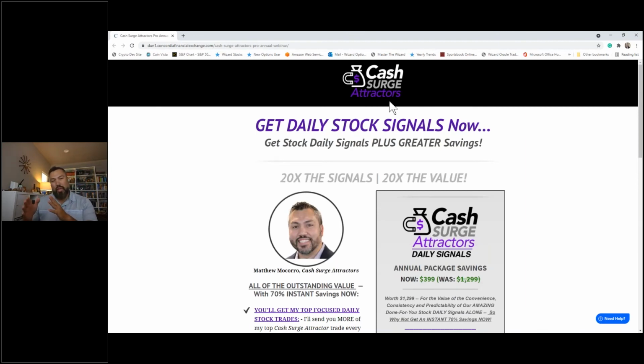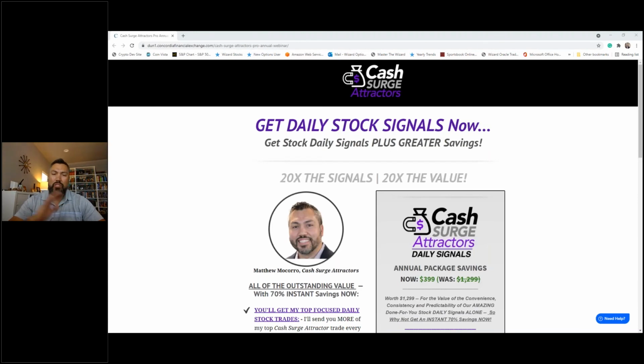We also include a copy of the trade ticket, so you can see exactly how we set up the trade inside of the signal. So to give you an idea of how we send these out, I'll give you an idea of the level of transparency behind these signals so you can see it. So nothing is left to guess, which I think is the most important step here. Okay, so we provide full transparency on these signals. I'll show you what it looks like inside of our membership area.